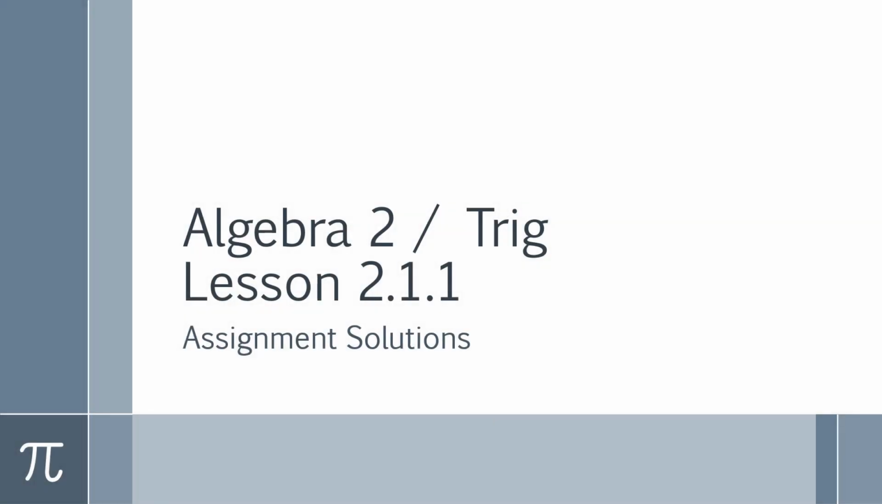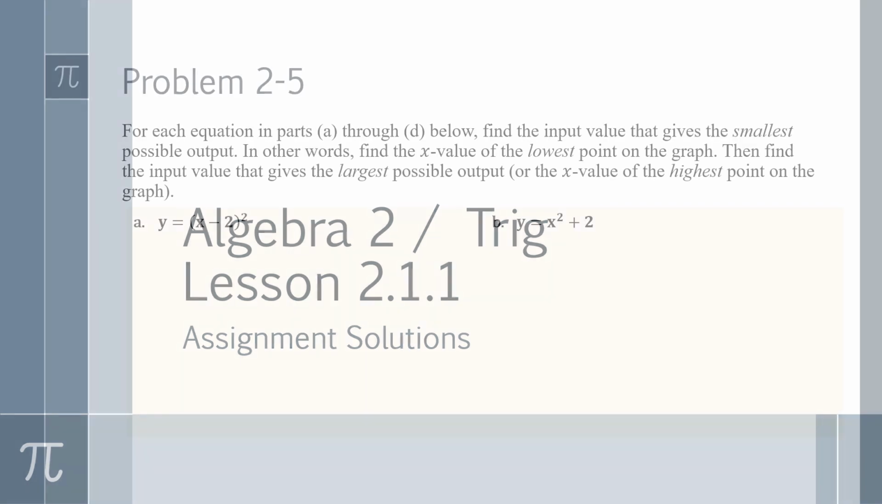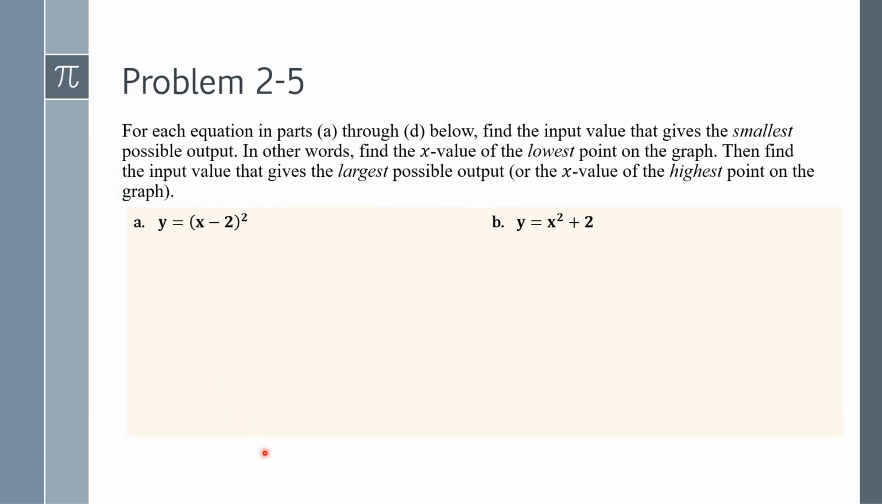Okay, in this video, we're going to look at the problems from the lesson 211 homework assignment. Okay, problem 2.5. For each equation in parts A through D below, find the input value that gives the smallest